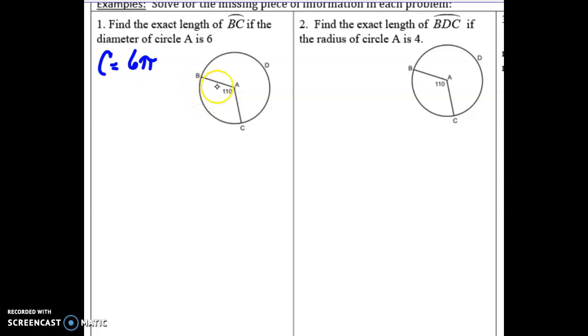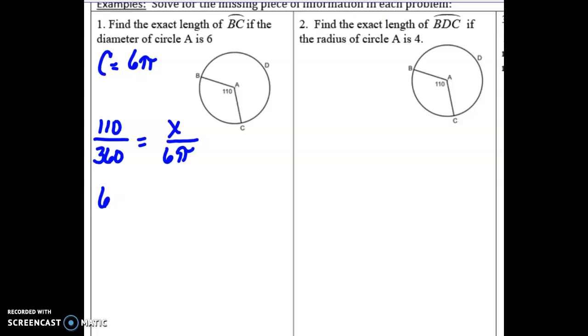And we can see that the central angle here is 110 degrees. So the arc's measure would be 110 degrees. So we would say 110 is to the whole circle of 360, as we're trying to find this arc length in whatever units, it didn't give us a unit. So the arc length, which we'll call x, and the whole circle all the way around, we figured out the circumference is 6 pi. So we're just going to multiply diagonally